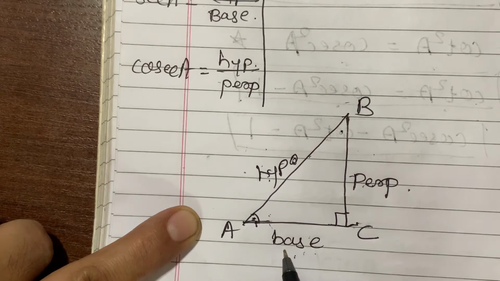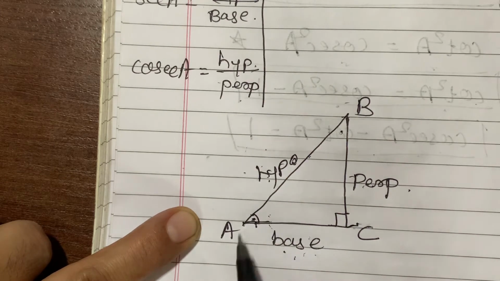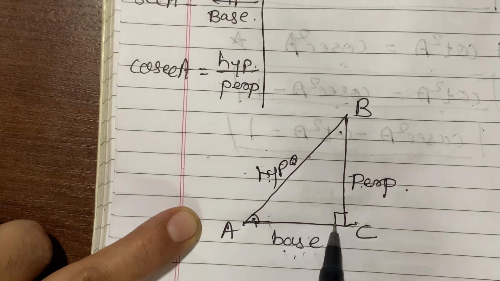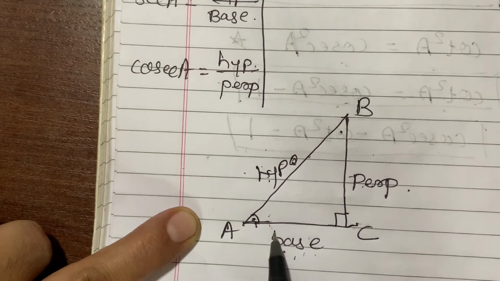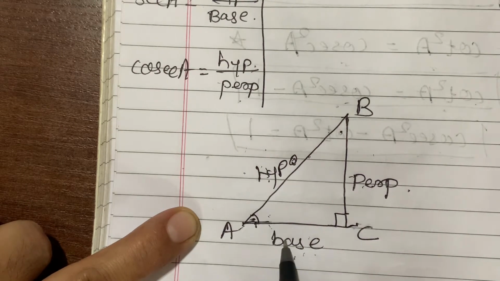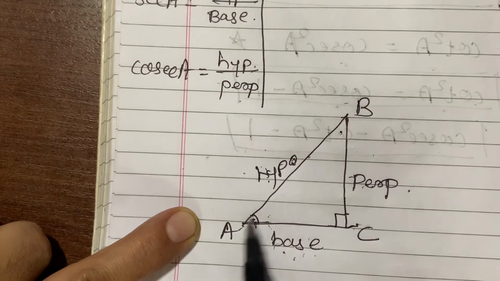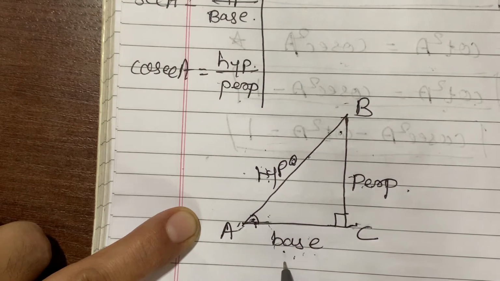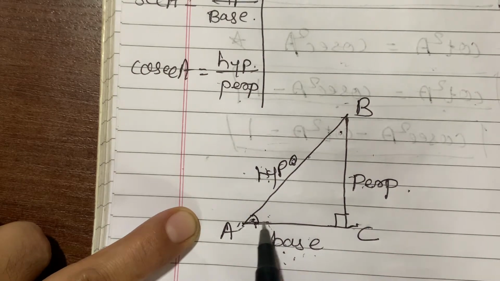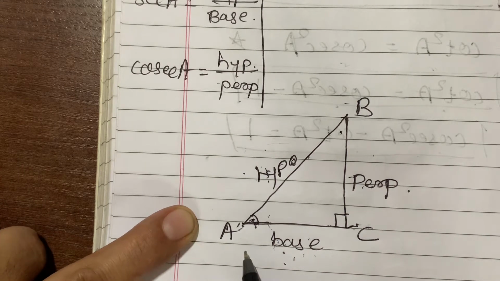So trigonometry is related to what? It is related to the measurements of the triangle, the right angle triangle. It is the relationship between the angles and the sides of the triangle, or the measurements of the sides of the triangle. Okay, so where are the applications?